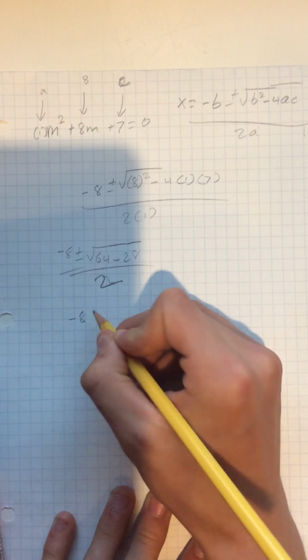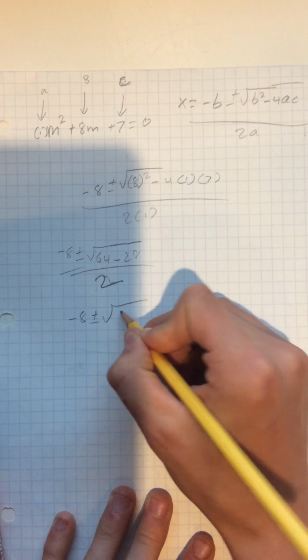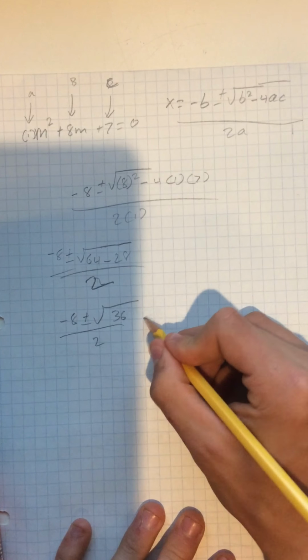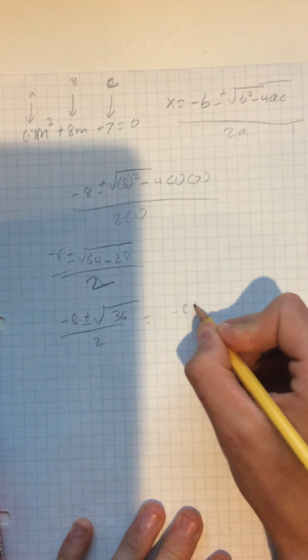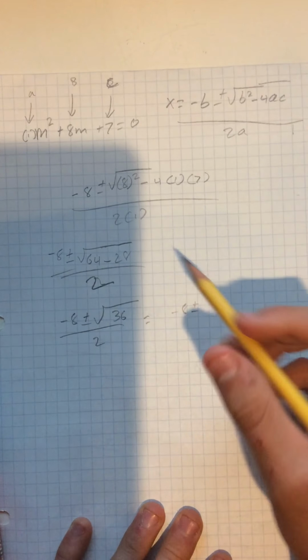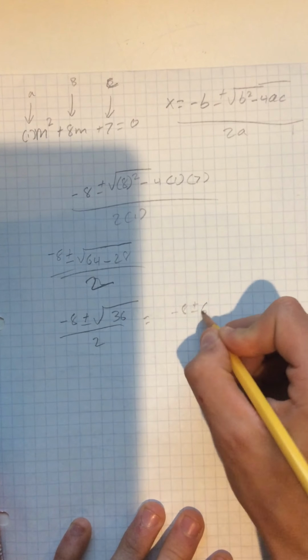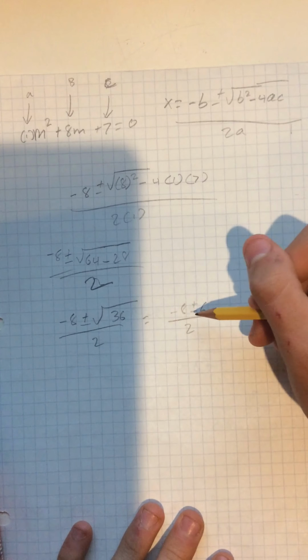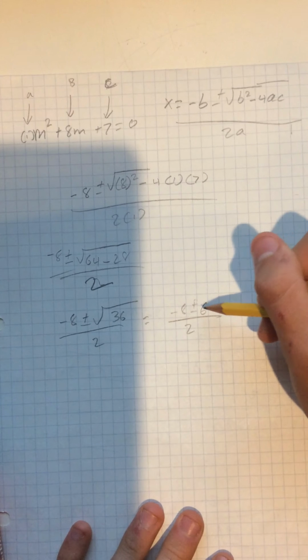Simplify it further, we get negative 8 plus or minus the square root of 36 over 2. From there we get negative 8 plus or minus, when we simplify the square root of 36, we get 6 over 2. And now when we add, because it can be plus a positive or a negative 6, say we